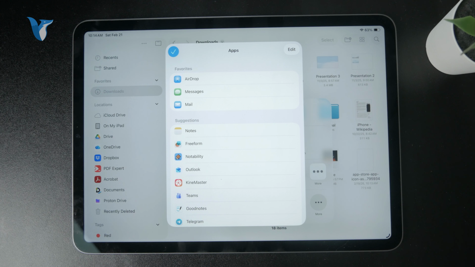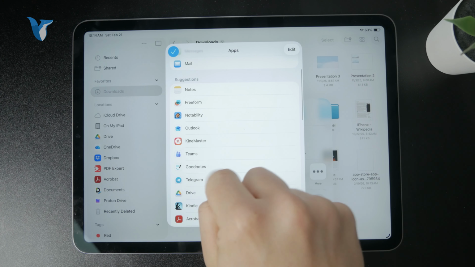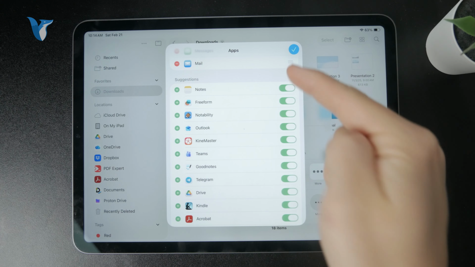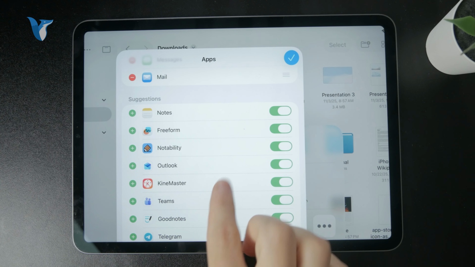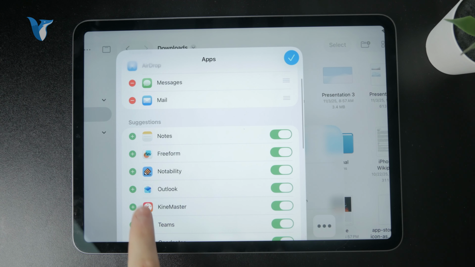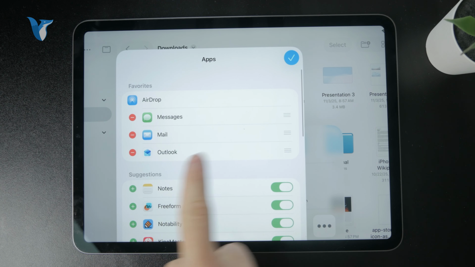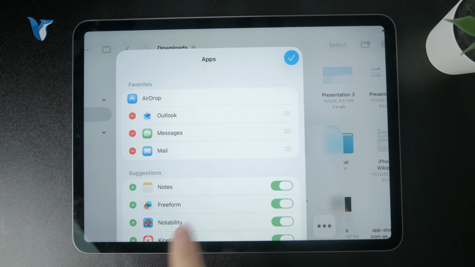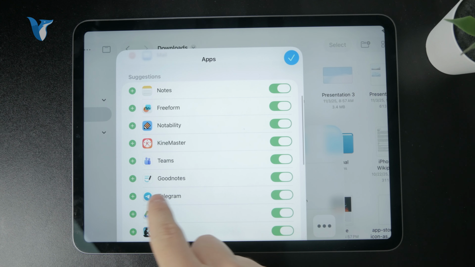So it would make sense to either click on it right here, which is part of the suggestions menu, but you can also tap on edit and click on the plus button from all of the available apps and add them to be part of the main sharing page. So I would pick any of these apps right here and click the green button,